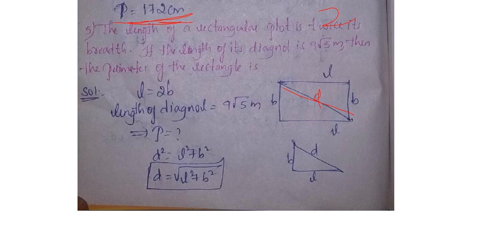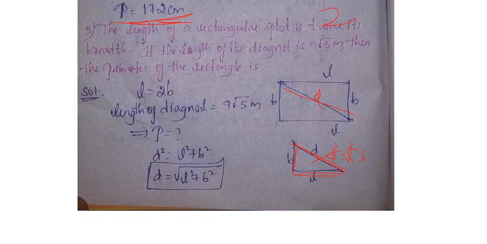See, how will you get this formula? I am cutting this one. From this rectangle I have drawn a triangle. Here, this is our breadth, this is our length, and this is the diagonal. From the hypotenuse theorem, how will you write? What is the hypotenuse theorem? The longest side squared equals the sum of the squares of the two shorter sides. Here the longest side is D. So hypotenuse square equals base square plus opposite square. D square, the slant height square, equal to base L square plus opposite B square. Yes or no?